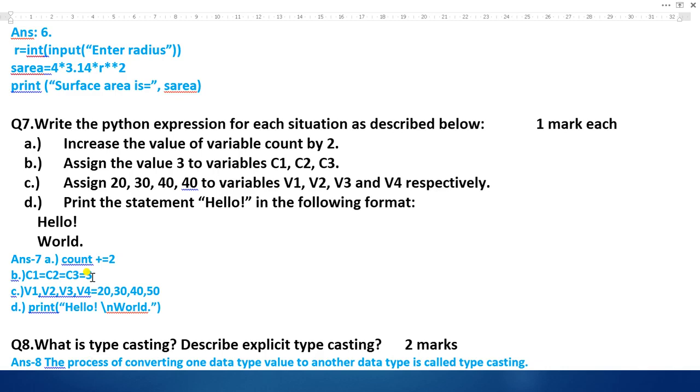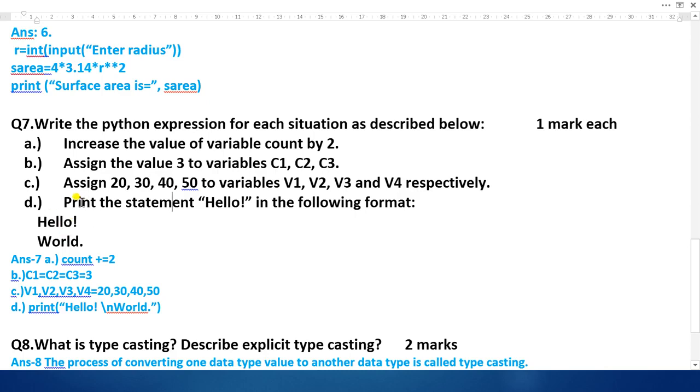Now question number C. Assign 20, 30, 40, 50 to variables V1, V2, V3 and V4 respectively. Here is the command: V1, V2, V3, V4 is equal to 20, 30, 40 and 50. Now print the statement hello in the following format.